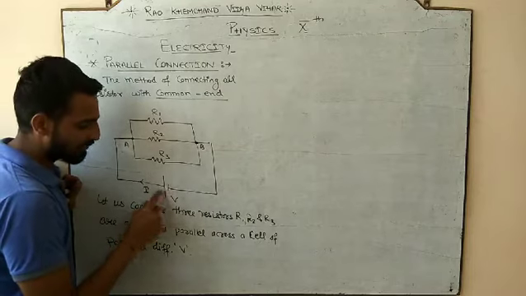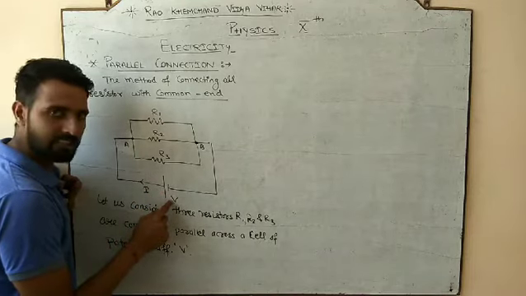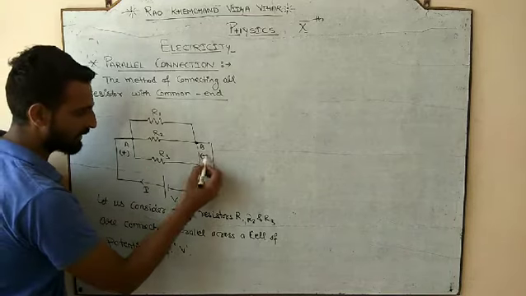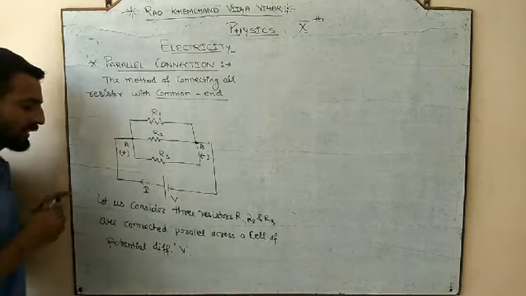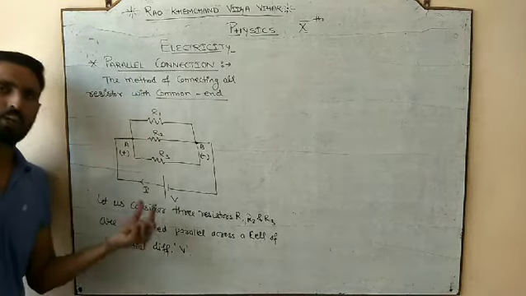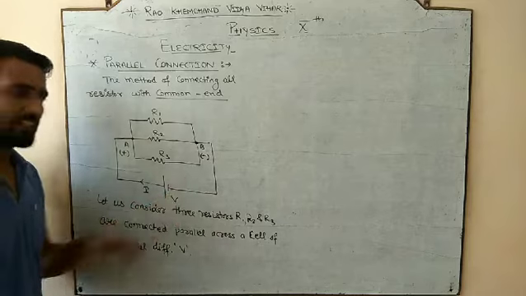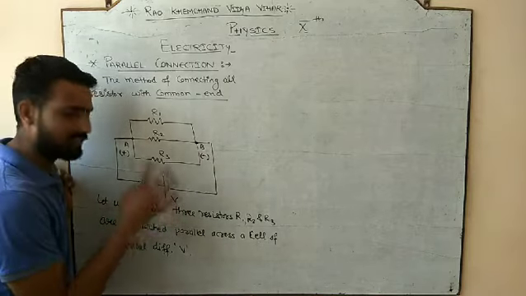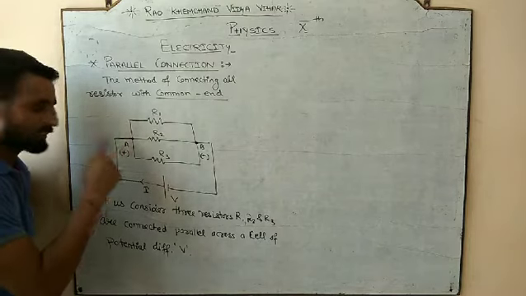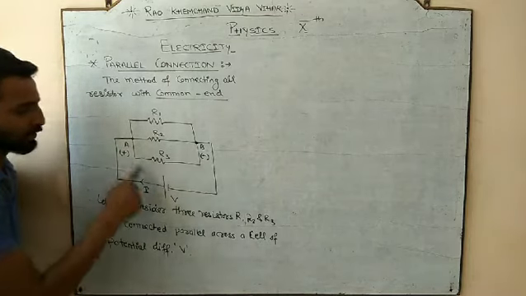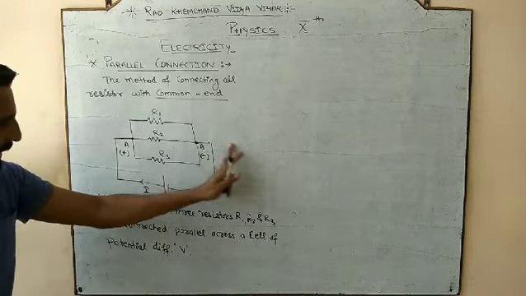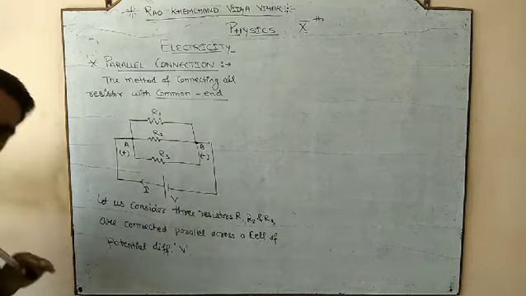Since the difference between positive and negative terminal is V, A is being treated as positive and B is being treated as negative. So if the difference across the cell is V, in the same manner the potential difference between A and B should also be V, because the A end is connected across the positive and the B end is connected across the negative.